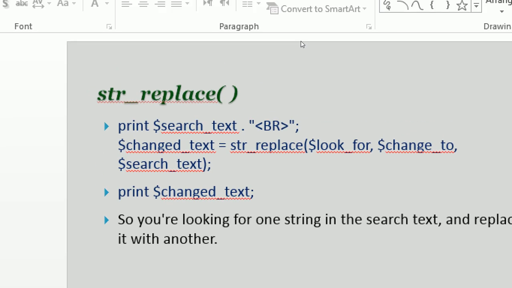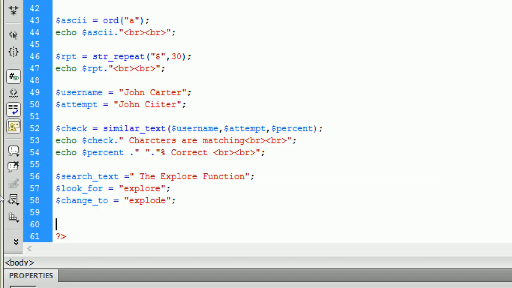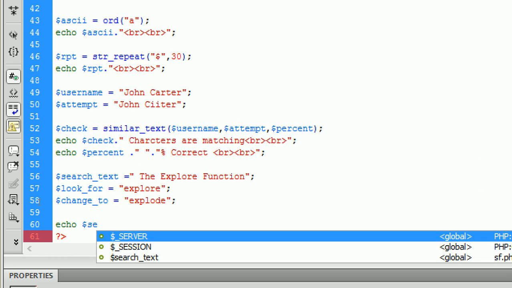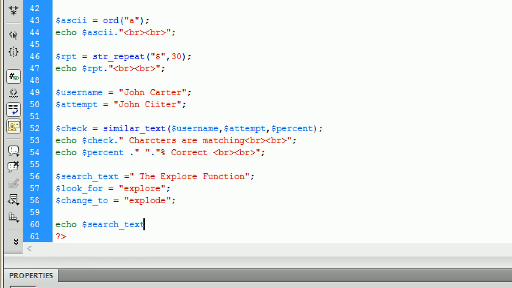Look at here. Print the search text and change text. Change text is one more variable, and then after that I use the function. Look at here. Echo, underscore, dollar sign search text. Display this search text to me and concatenate it. Let me copy this one. Now